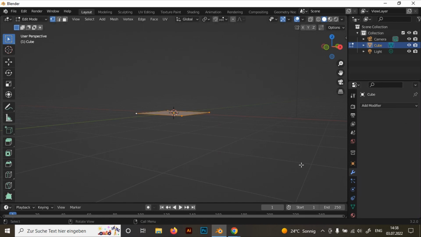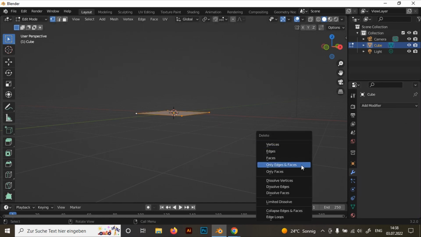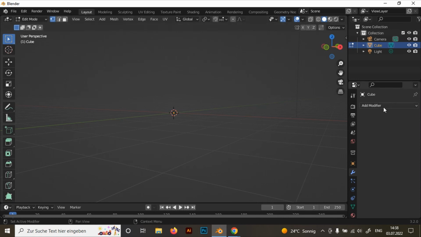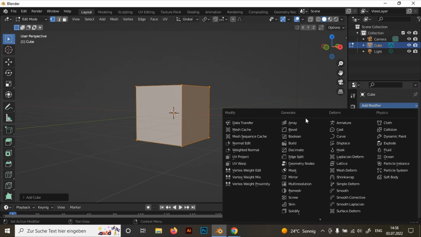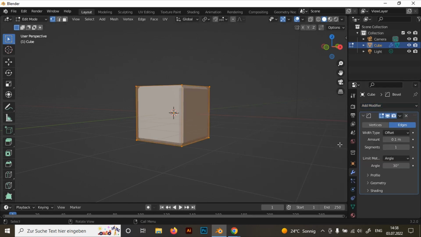Let's get rid of the shape. Then let's add a cube. Another one I'd like to talk about is this bevel. And you must be asking yourself, what exactly is a bevel? Well, that's what I asked myself. And I still don't know. But what I do know is that